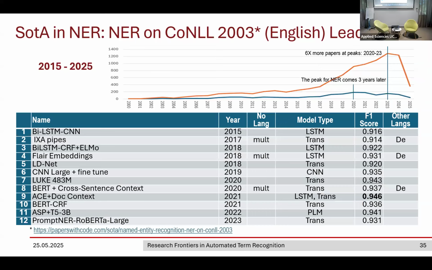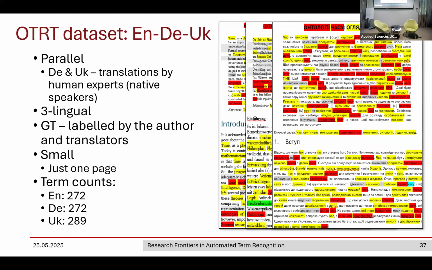So this is for named entities. As I have said, the number of papers is approximately 6 times more than for general term recognition. And the peak of inflated expectations is 3 years later. And the results are better. As you may see, in named entity recognition, the current leaderboard based on the